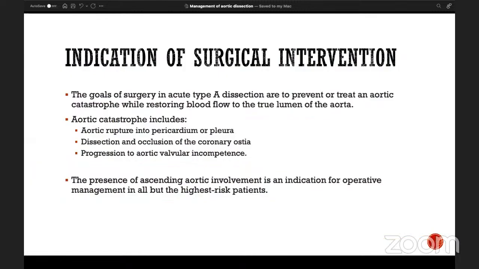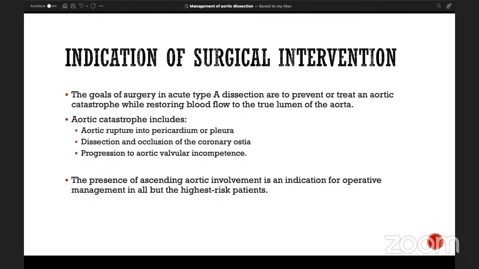So the surgical indication for surgical intervention. Initially, the goal of surgery in acute dissection is to prevent or treat the catastrophe while restoring the blood flow to the true lumen of the aorta. And the catastrophe is like aortic rupture, occlusion of the coronary ostia, or a progression into the aortic valve leading to acute valvular incompetence. And the presence of ascending aortic dissection by itself is an indication for operative intervention in almost all patients, but